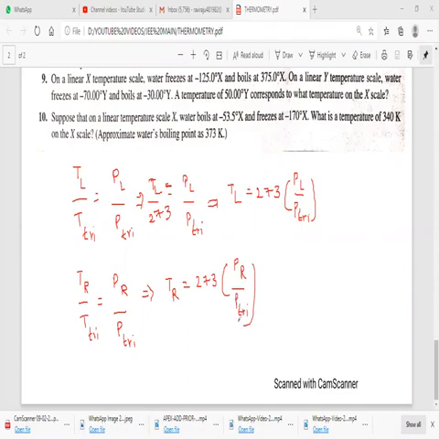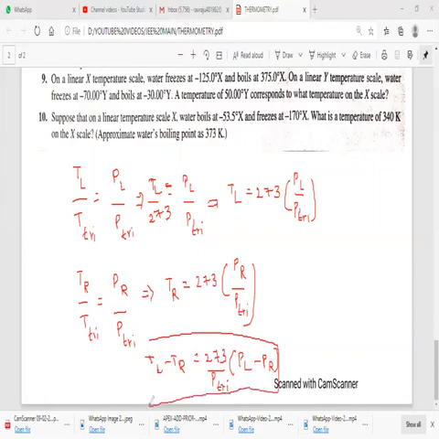But they have given the pressure differences, so you can consider just the difference between the two equations. If I consider TL minus TR, the difference between those two, of course, 273 by P triple point is a common factor in both the equations. So the remaining is PL minus PR. So this is the general equation we can write for the given question. From this, we can substitute the values on two conditions. Okay, so now I will substitute the values in two conditions.